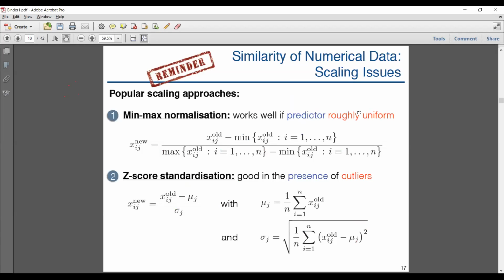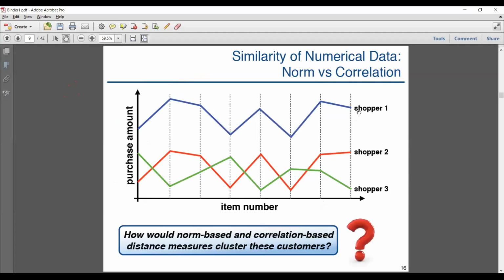Then again you will also need to do scaling. In this case आपको standardize करना पड़ता है data को, because again if you have some variables which have a very large range of values, they might outweigh the other variables simply because of their numbers, कि वो इतने large numbers है।